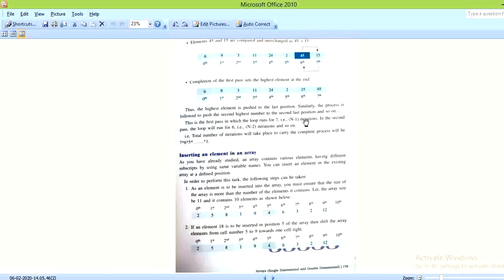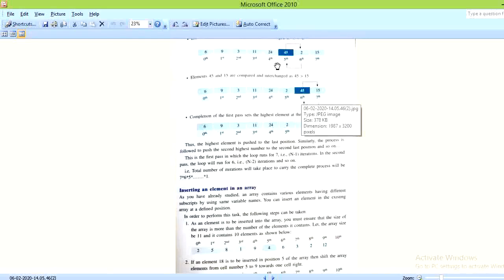Now next we compare 45 with 2. 45 is the largest and 2 is the smallest. 2 will come ahead and 45 will shift to the next position. Then we compare 45 with 15. 45 is greater, so it will shift to the next position and 15 will come ahead.